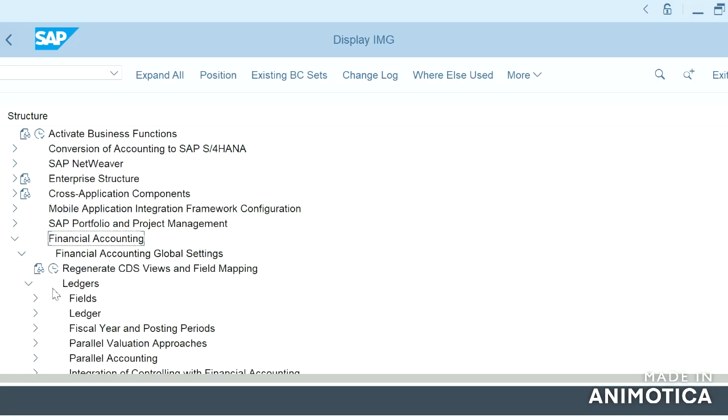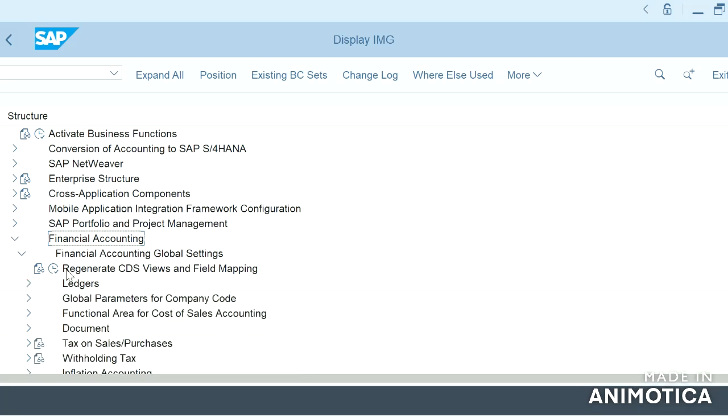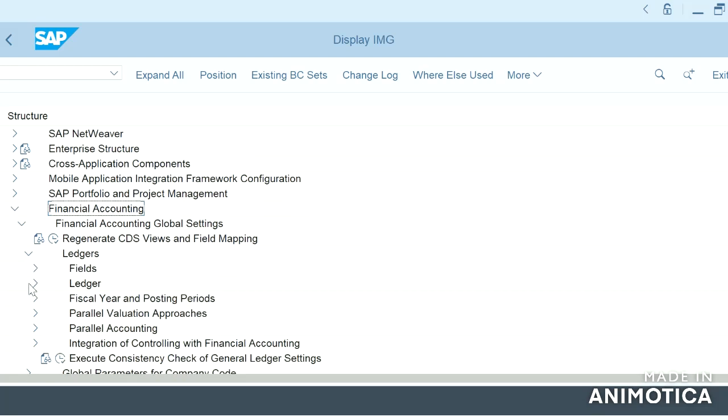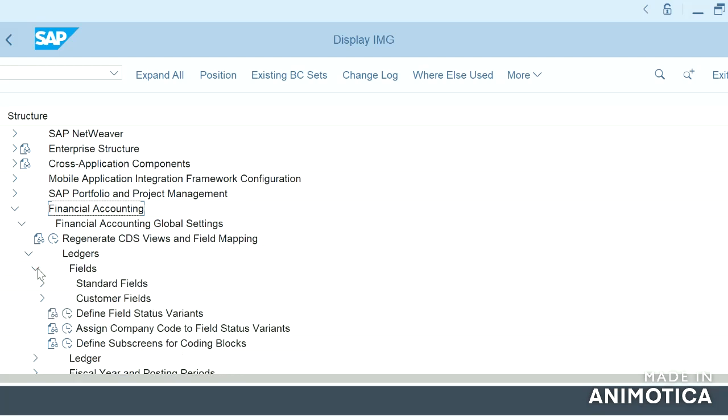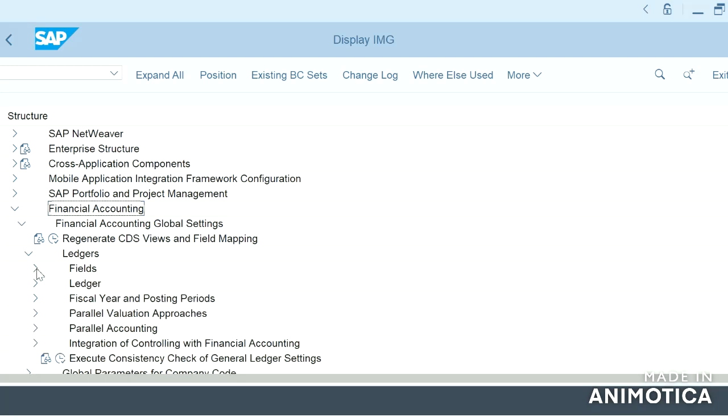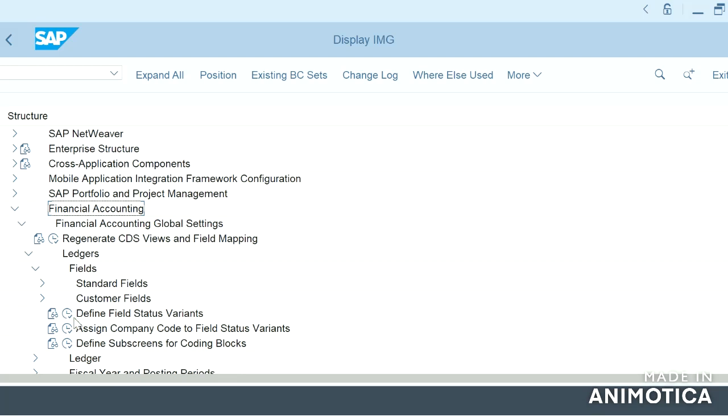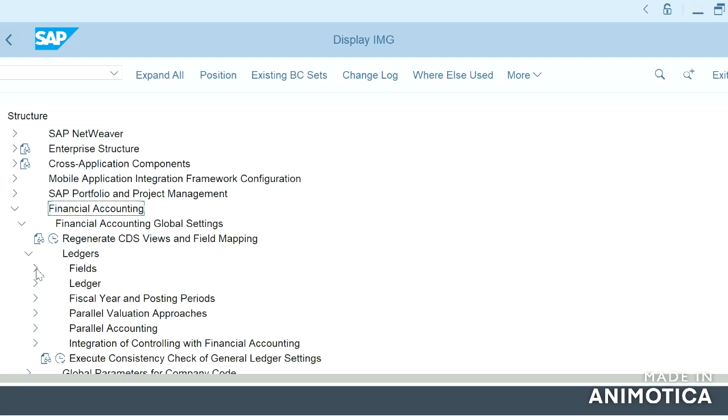Financial accounting global settings, and in financial accounting global settings, we can check ledgers. So in ledgers, fields: yesterday we created a field status variant and assigned the company code to that field status variant. This is the global setting, meaning any of the company codes can use this field status variant.